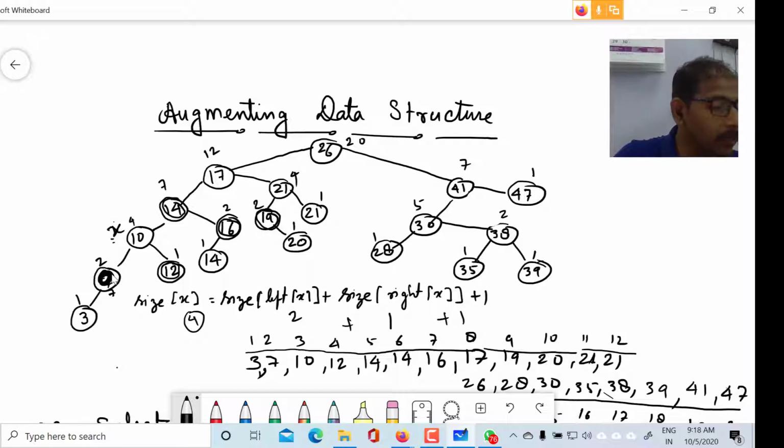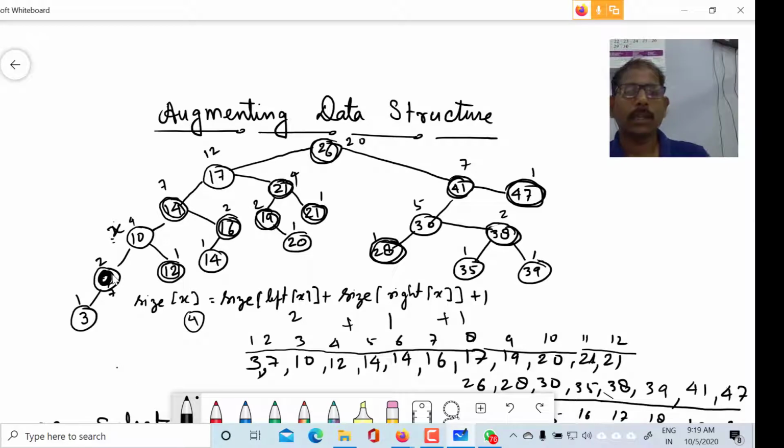It is already given in the Cormen book, and I am just writing from that place. 21 is black, 26 is the root node and therefore black, 41 is black, 47 is black, 38 is black, 30 is black and 28 is black.